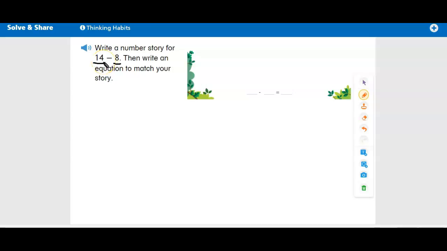So let's start and pick a topic we can talk about. Well, this week we are talking a lot about animals. So how about we talk about animals for our Solve and Share? Now, since we're having to write a story problem, and I know that the story tool takes Mrs. Collier a while, so I'm just going to type mine to save us some time on this video. But I want you writing at home, so we'll talk about animals. So 14 is our whole. Let's talk about